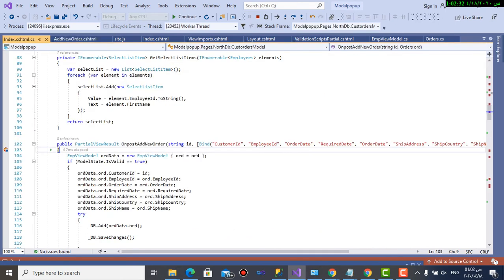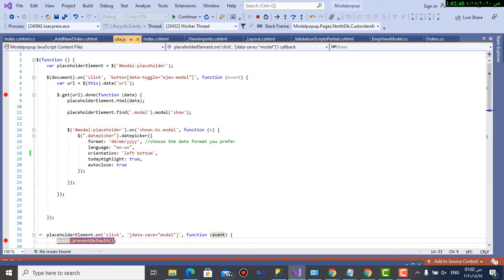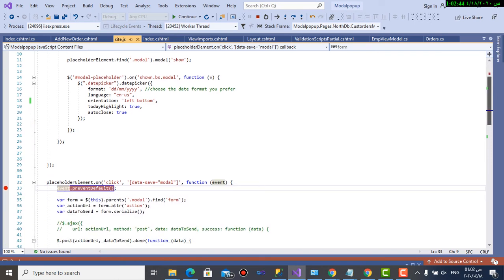Pressing F5. I pressed on submit before. It went to site.js, as we saw, which has the item that prevents defaults. Sorry, I didn't explain that before. Prevent defaults made me, after that, go to the post action URL